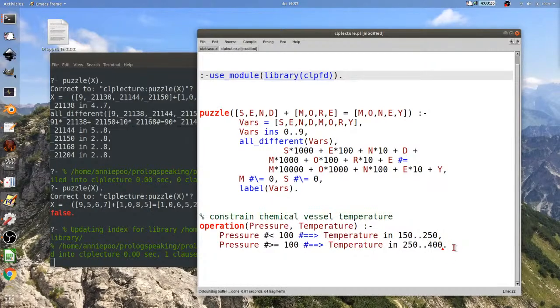If the pressure is less than 100, that implies that the temperature must be in 150 to 250. If the pressure is greater than 100, it implies the temperature is 250 to 400. And that's a much clearer one.